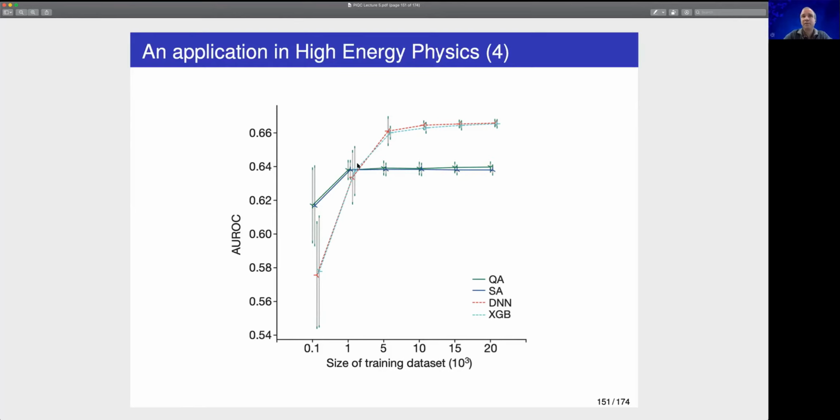But to me, it's interesting that at least for a small training data set, you can obtain some advantage by using this quantum method. And this is something that we are going to see also in other algorithms, okay? So this is an application in high energy physics. There are several others, but now I want to, if there are no questions,